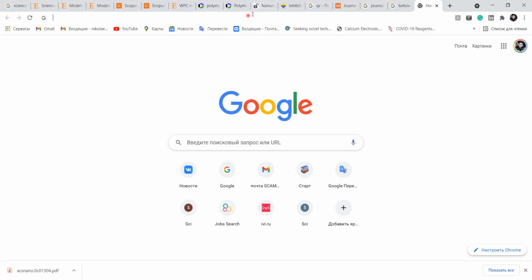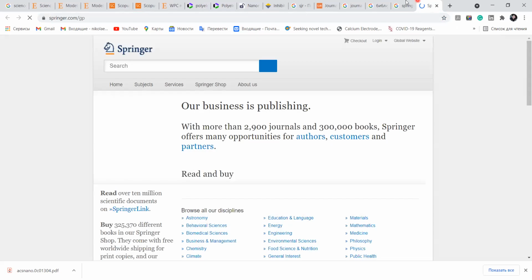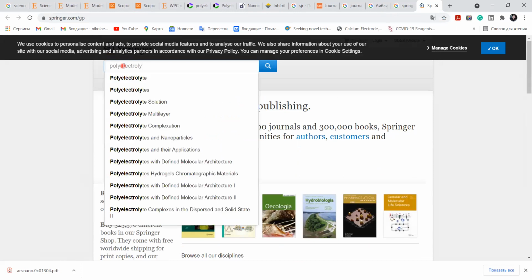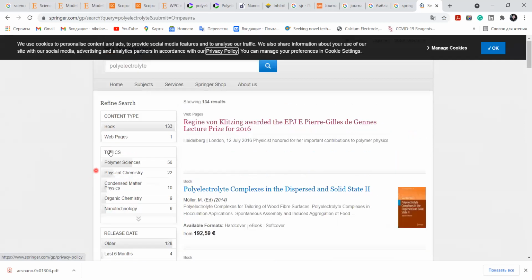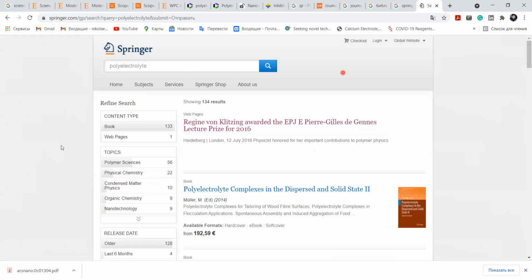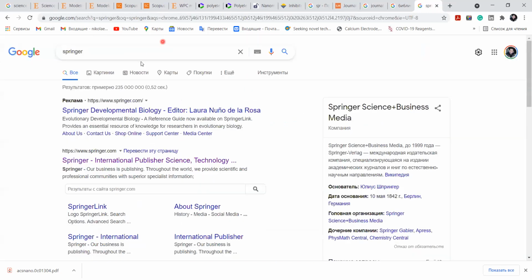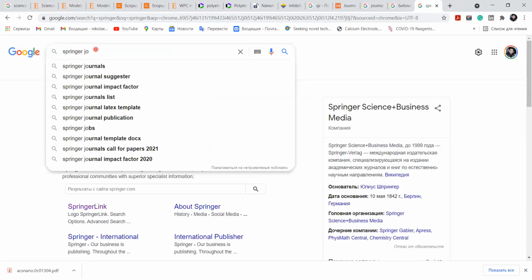So one additional resource is Springer. It's a German publishing group from Germany. There you can find the same books and journals too, because Springer publishes books. With Springer Link, as I remember, if you put the Springer journal,